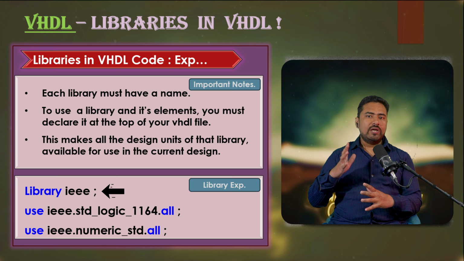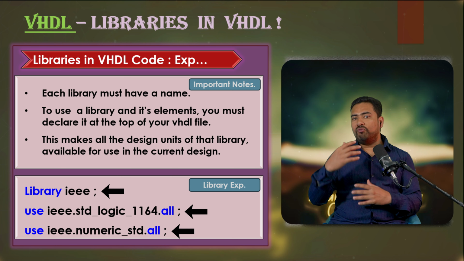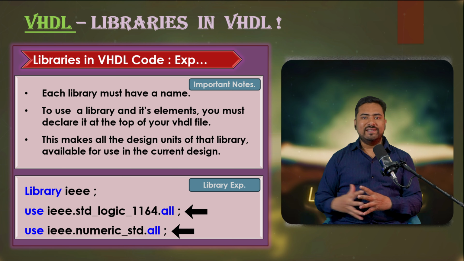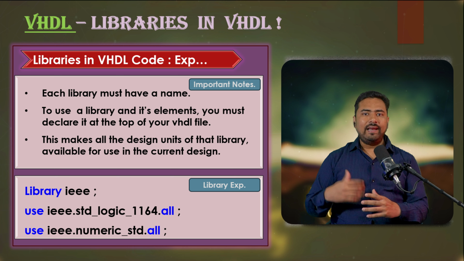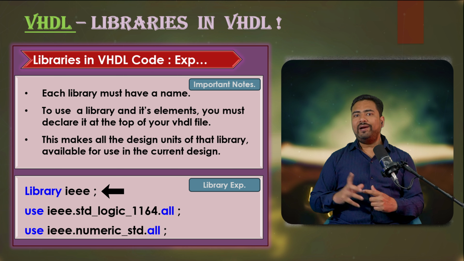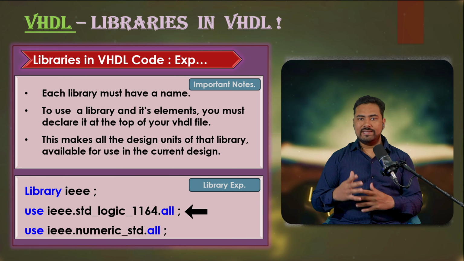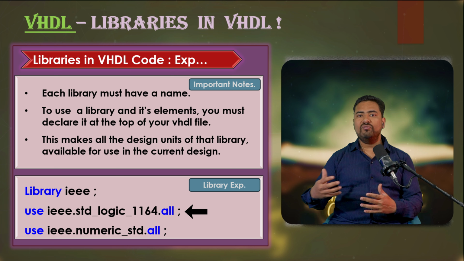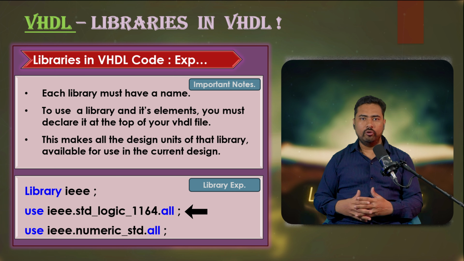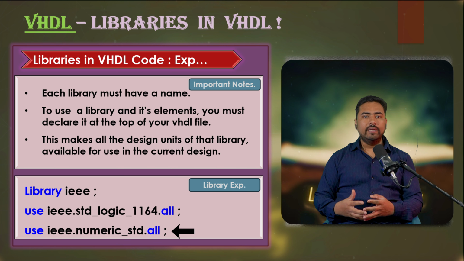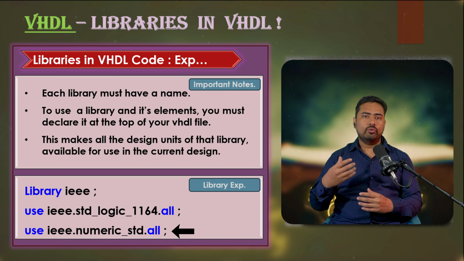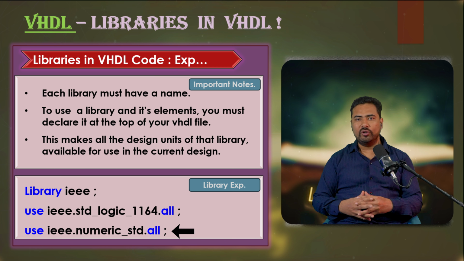These are very generic libraries and packages which are widely used in most of your VHDL designs. These are written like this: library IEEE; use IEEE.std_logic_1164.all; use IEEE.numeric_std.all;